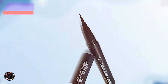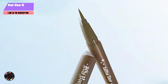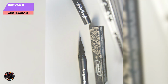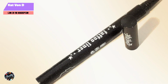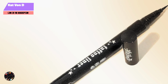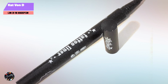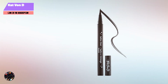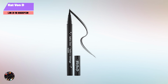In the second spot, we have Kat Von D. The Kat Von D Tattoo Liner is a holy grail product for those who demand precision and intense pigmentation. Its innovative brush tip and vegan formula have made it a favorite among professional makeup artists and beauty enthusiasts alike. Key features: this eyeliner features an ultrafine brush tip that consists of 325 flexible bristles for precision application. Available in jet black and rich brown, the formula is waterproof, smudge-proof, and highly pigmented, ensuring a bold finish with